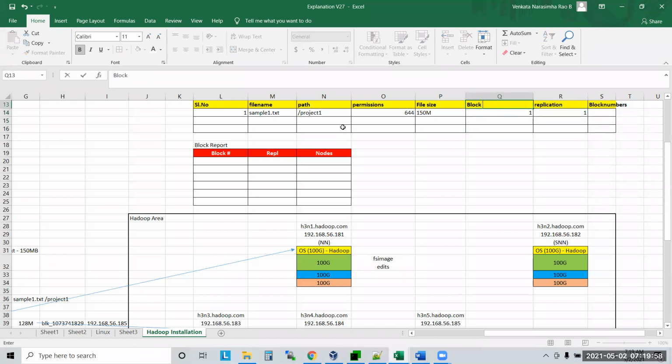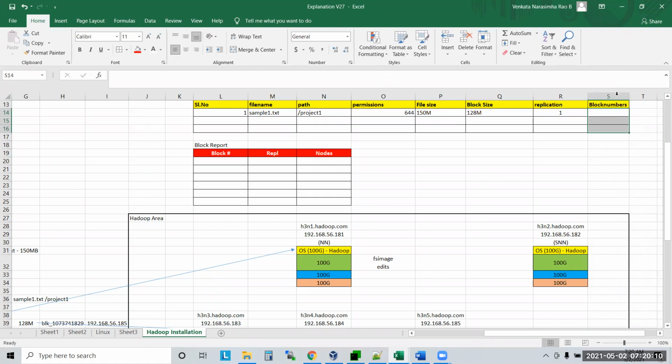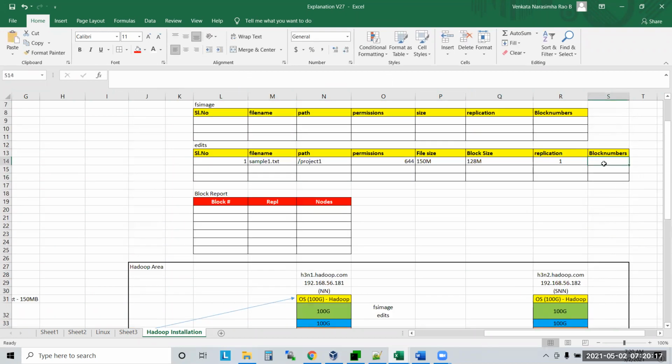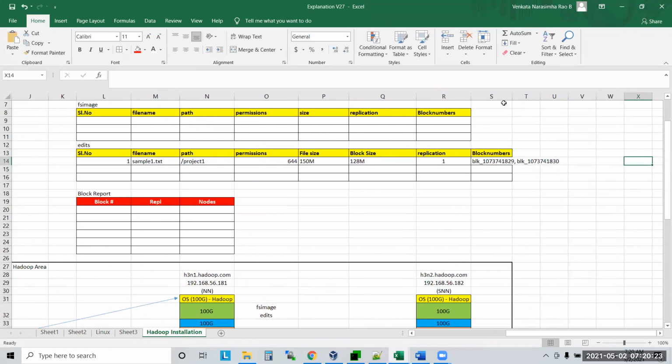What is the block size here? 128 MB. Replication factor, what is it? 1. What are the block numbers? These are the block numbers: 1829, 1830. Understood how it has updated?